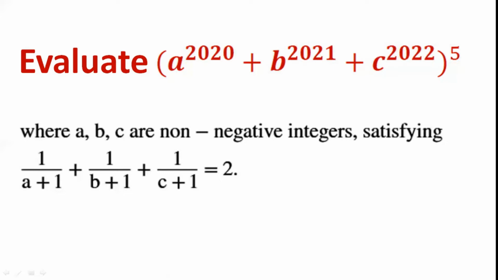a, b, c are non-negative integers satisfying 1/(a+1) + 1/(b+1) + 1/(c+1) = 2. (Equation 1)